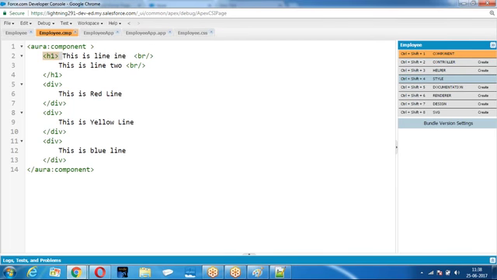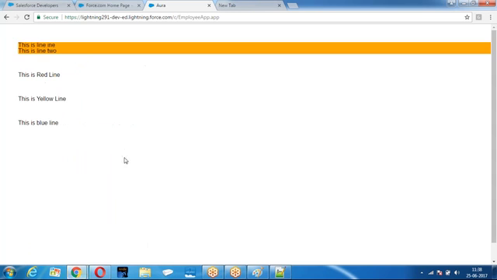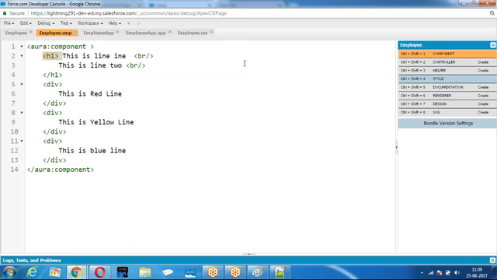Now, let us go to the next step. Are you clear about this? When you say dot this, it is the entire component. For the entire component, we got the gap here. For the entire component, this property is applied. In that, for H1, I give orange. Now again, I am giving